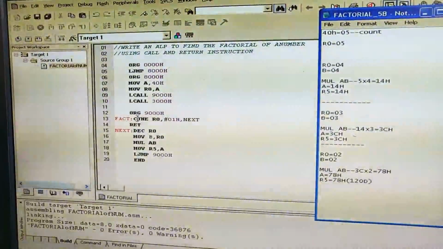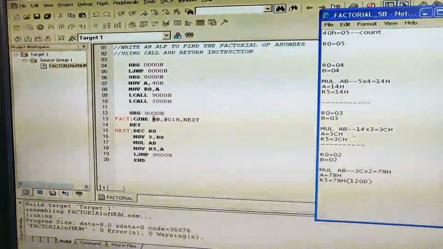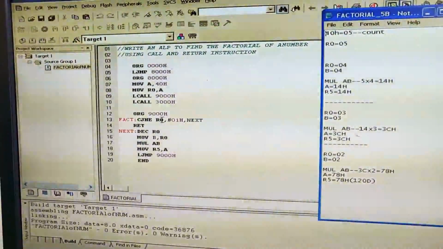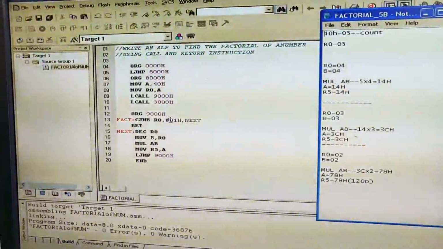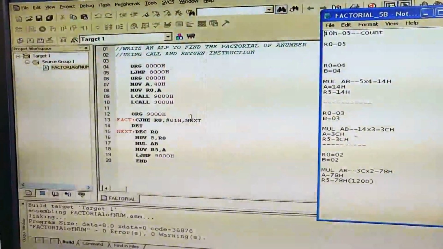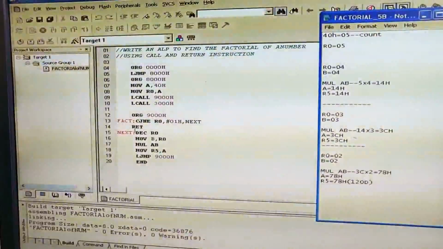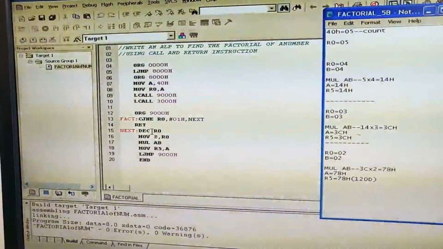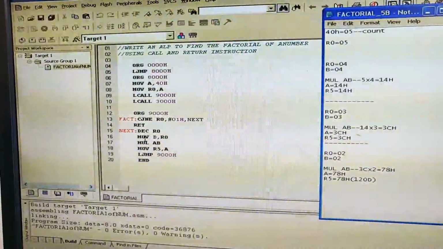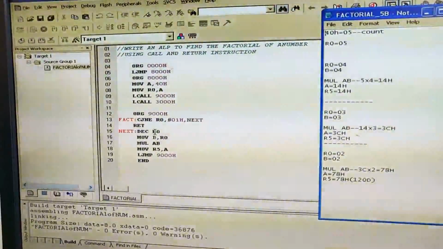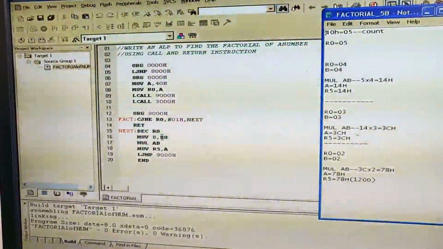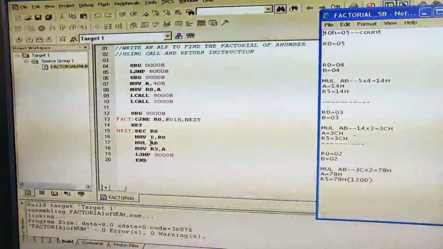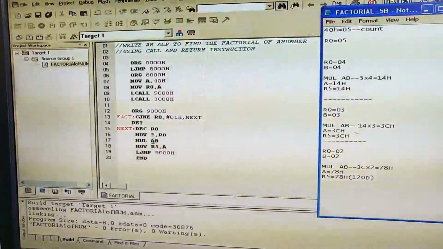So how it is working: it is going to execute cjne r0, #01h, next. In the sense it is going to check the r0 value, and if it is not equal to 1, then it is going to jump and execute the next instruction. On the next line it is written: dec r0, mov b, r0. So the r0 content will be decremented, that decremented content will be taken into b, then mul ab, that is, multiplication of a and b will happen.